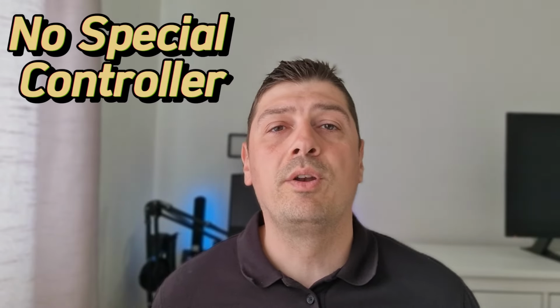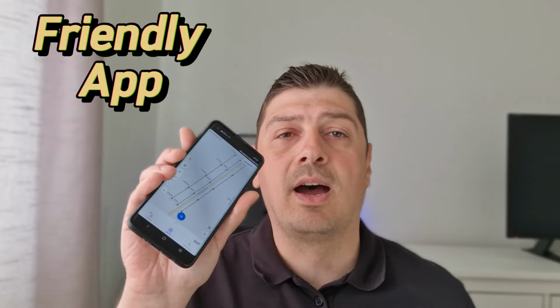Second one, you don't need to buy a controller. All you need is Emlid Flow app installed on your phone that you have already in your pocket. But don't forget to bring an external battery because the hotspot and the app will drain your phone battery in a few hours. The third one, the app is friendly and easy to use, as you saw, even for